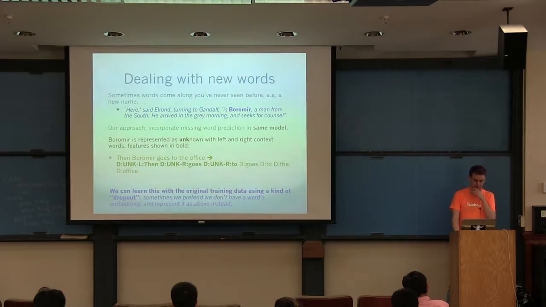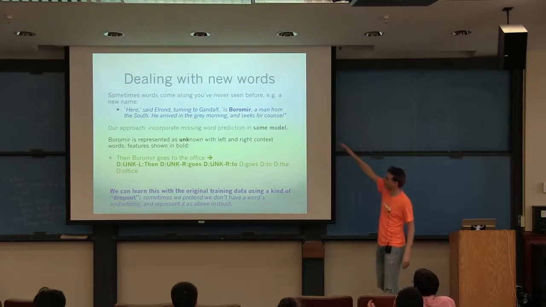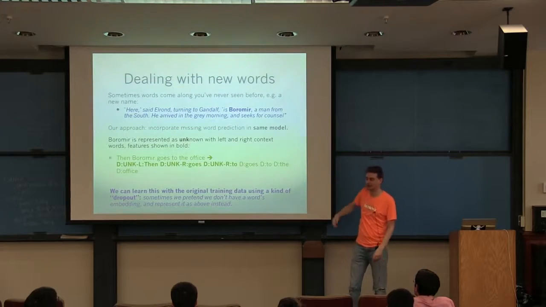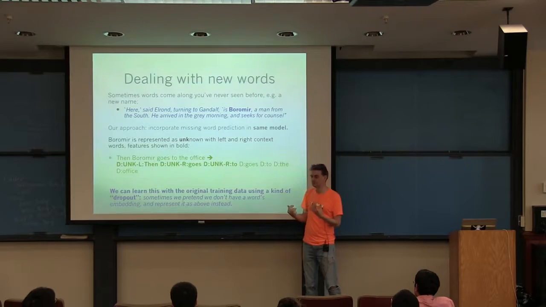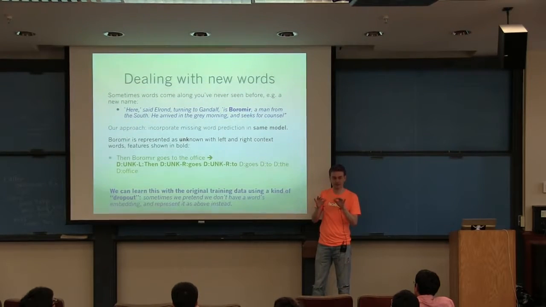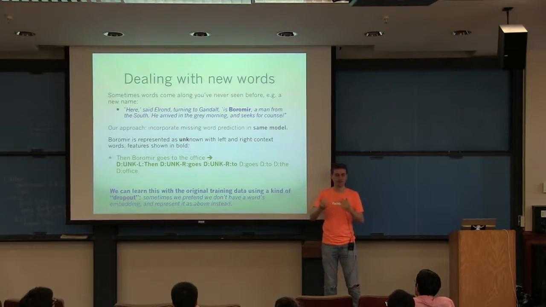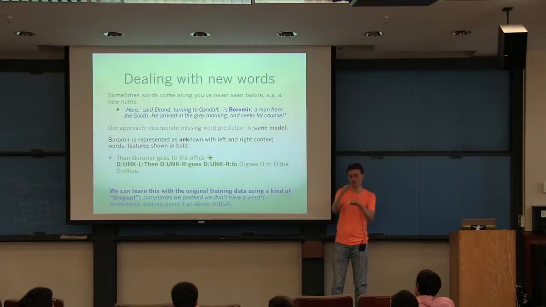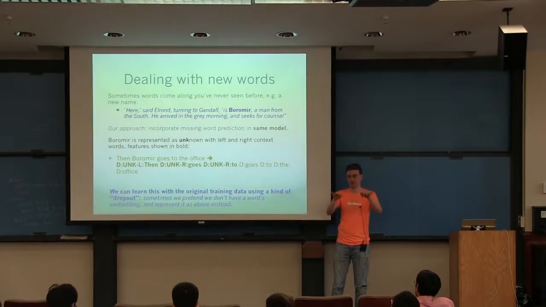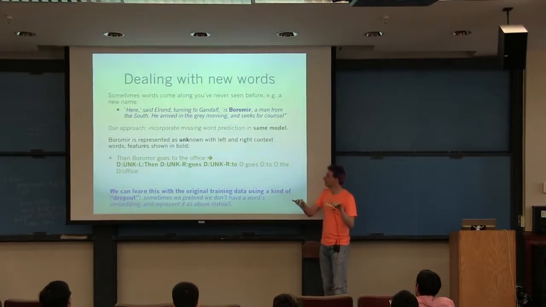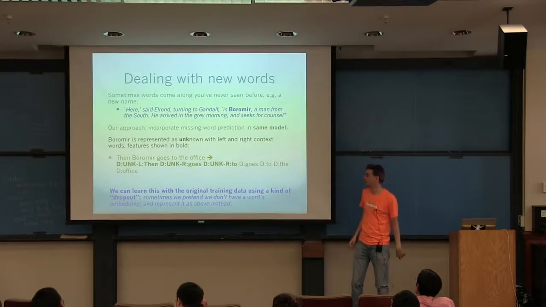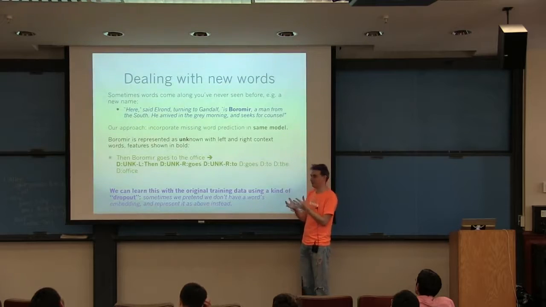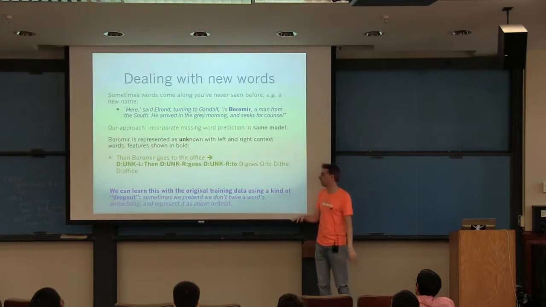So as I was mentioning, we also did some tricks to deal with new words. This is the first sentence where Boromir ever appears in Lord of the Rings. To deal with that, we made this special context dictionary. The way a language model tries to learn about a word is the words around it, like the two words to the left and the two words to the right. So if you don't know this word Boromir, you look around at its context to try and understand it. We wanted to do this all within the same memory network model.